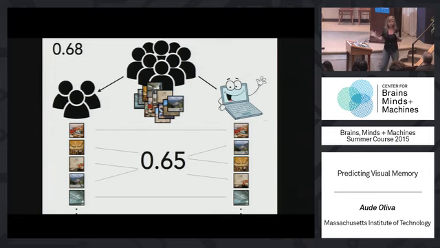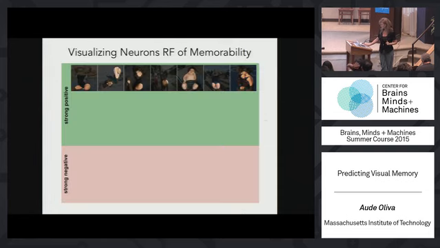The human to human, I showed you, is 0.68 correlation. The human to computer is 0.65, which means now that there is a first model that can basically replicate human memorability of a group, nearly at the level of humans. And we use the dataset of 60,000 images to finely tune the recognition model, as well as test with images that it has not seen.